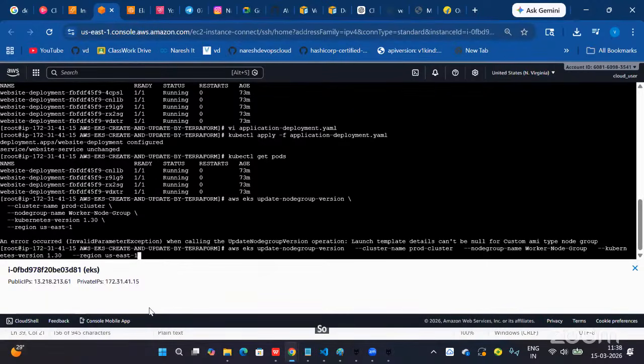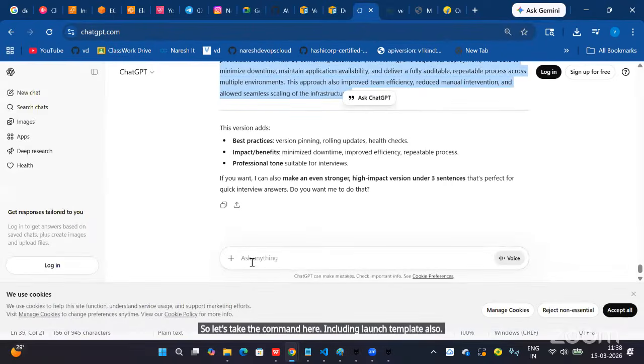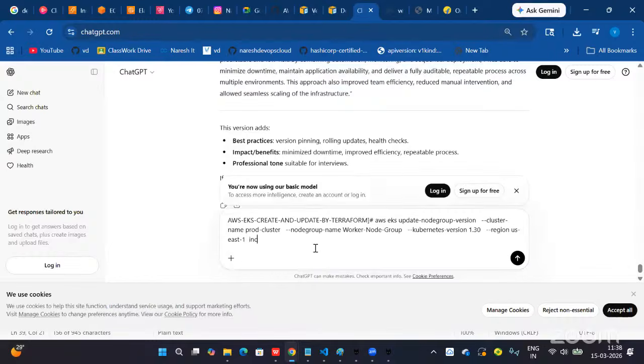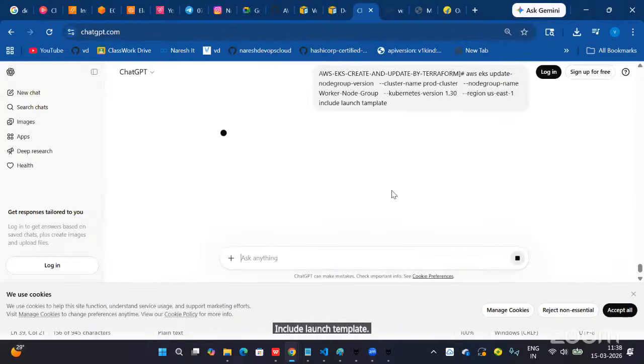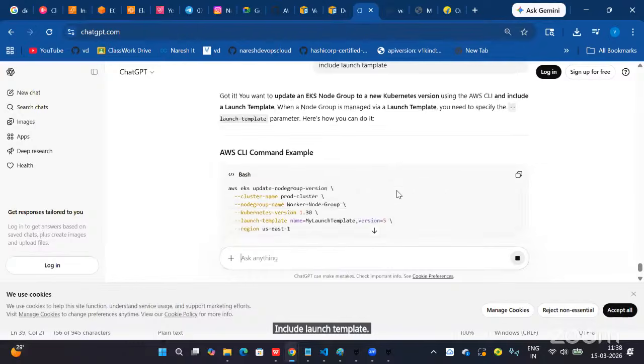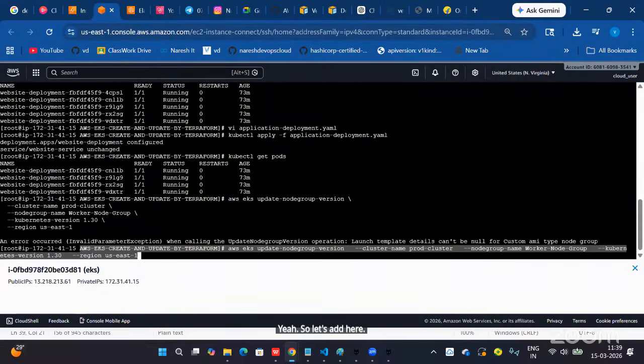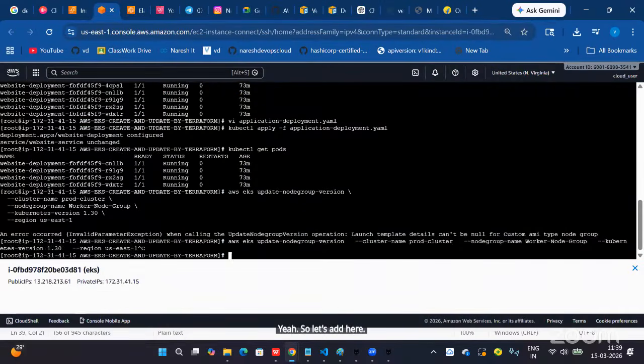So let's take the command, including the launch template also. Yeah, so let's add it here.